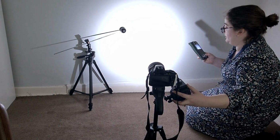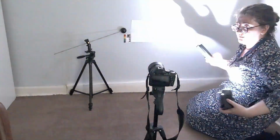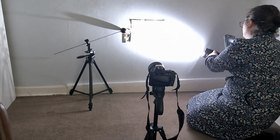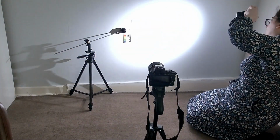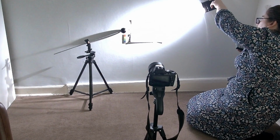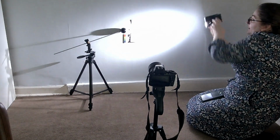This is part of the reason I like to use a broader light source, because with such a spotlight, even when you aim at the center of the object, sometimes there's a bit of a difference in the coverage of the light, which isn't ideal, but we'll see how it looks. So you can see it's usually helpful to have a second person here to handle the light. And I can always do that, but